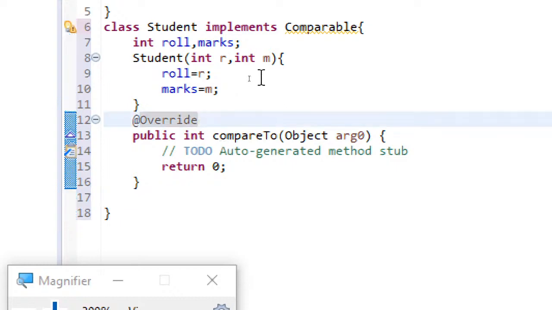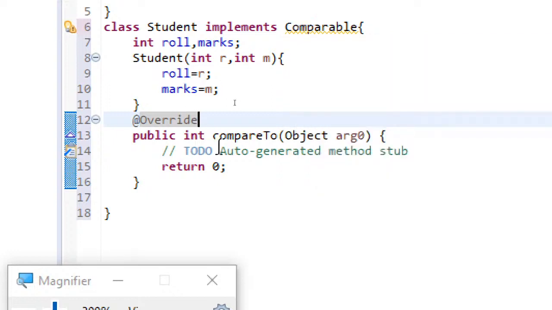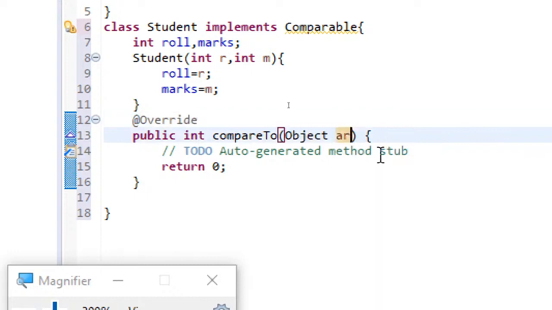So as I said, here I'm implementing the Comparable interface, and this Comparable interface is part of the lang package itself. That's the reason, even though I have written implements Comparable, it did not ask me to import anything. And this Comparable interface has one single method, the compareTo method. As I said, here you can see Object. So by default, these will be passed by this. That's why it's coming with that.